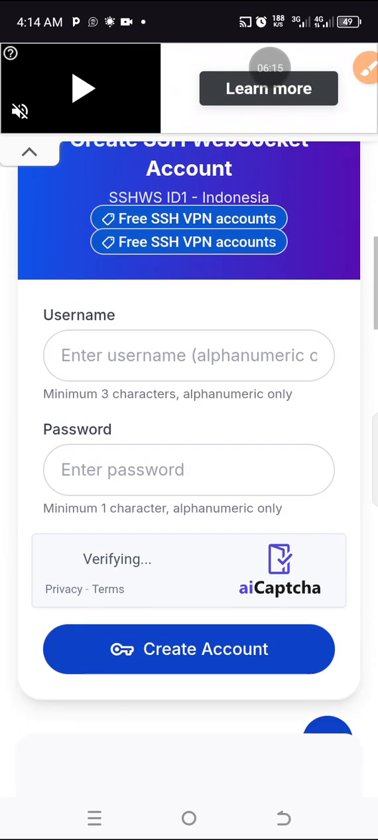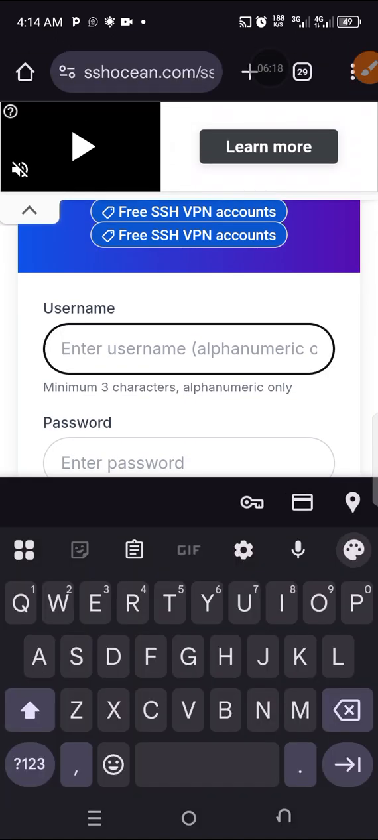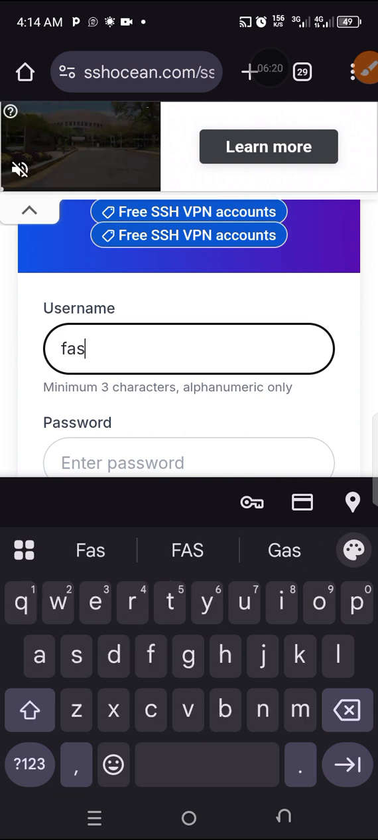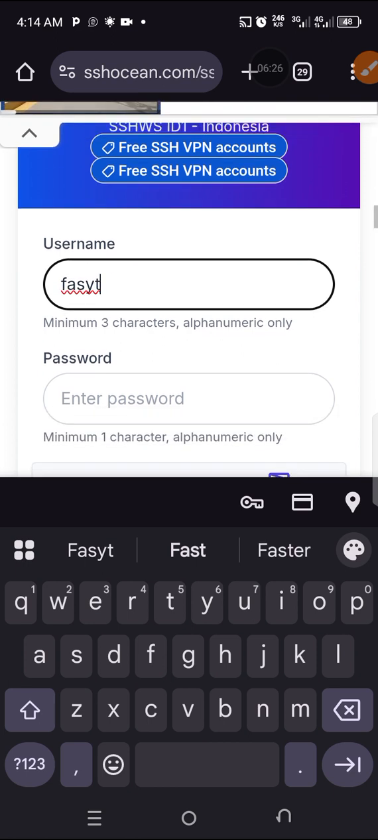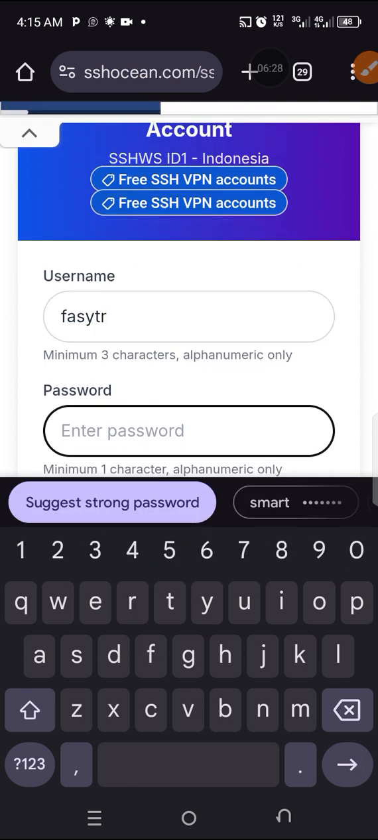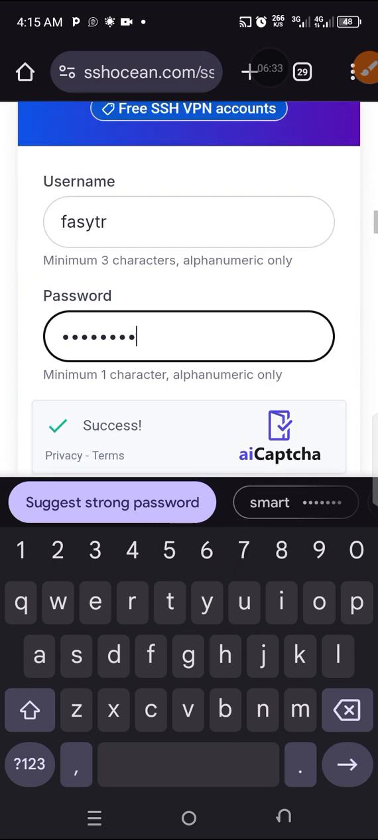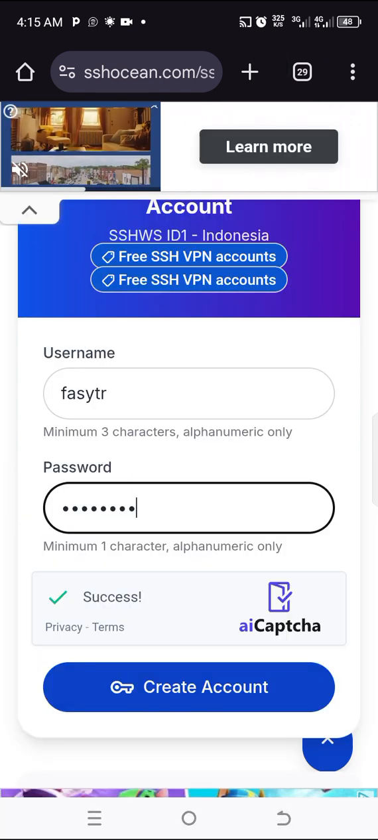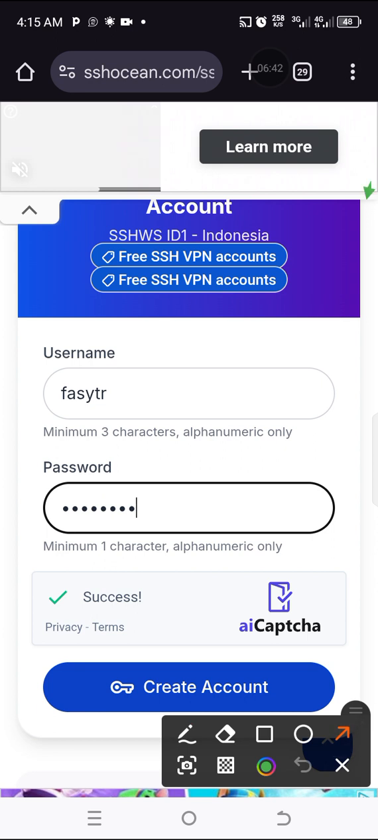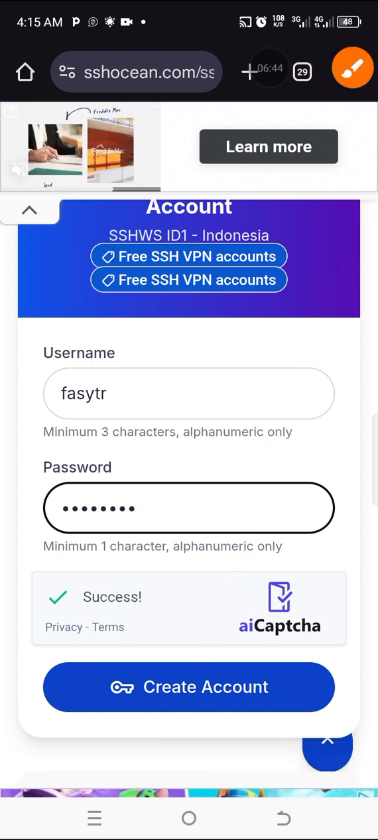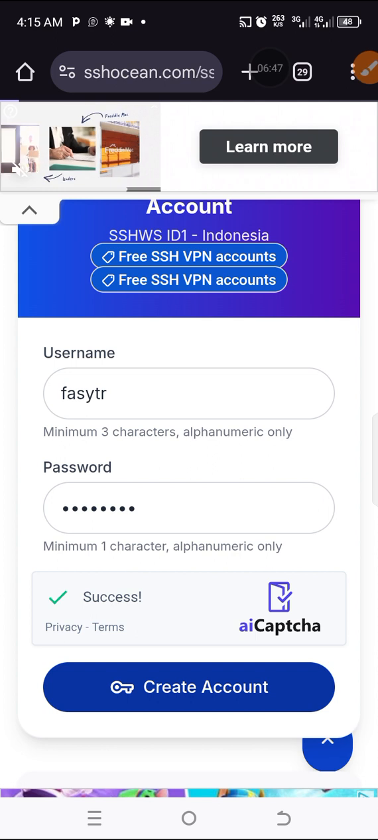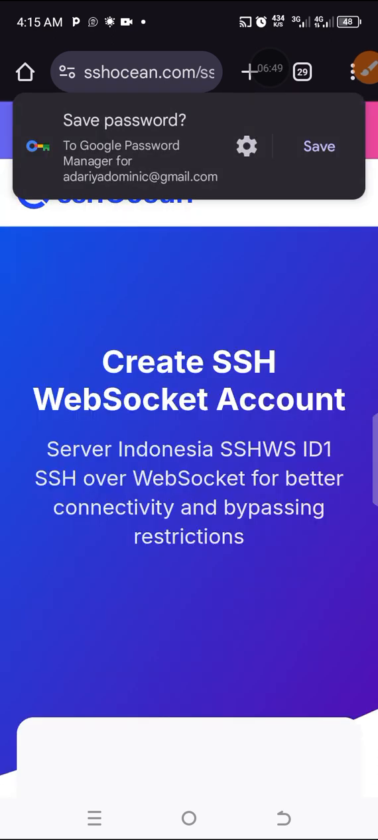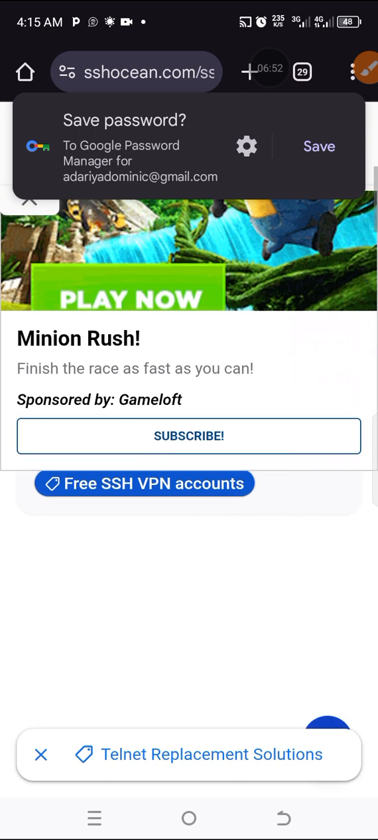So you scroll, we'll enter our preferred username and our preferred password. When we are done, the next step is to hit on create account to get your account. So once our account has been created,